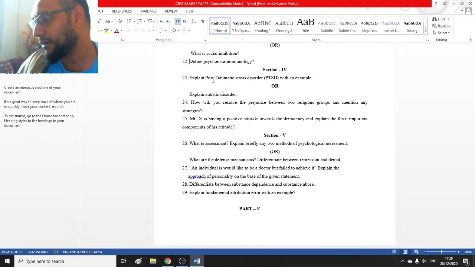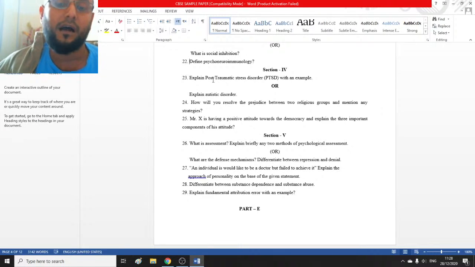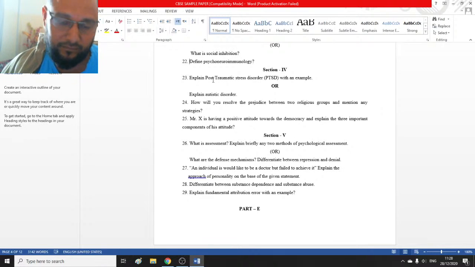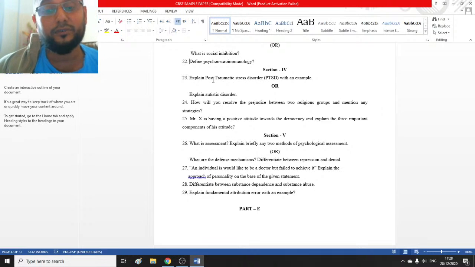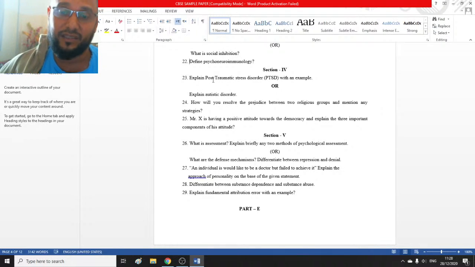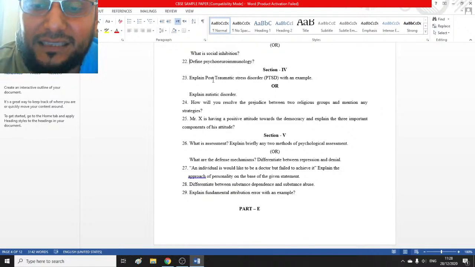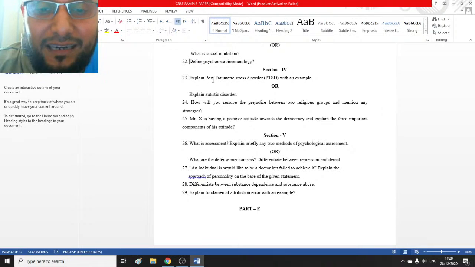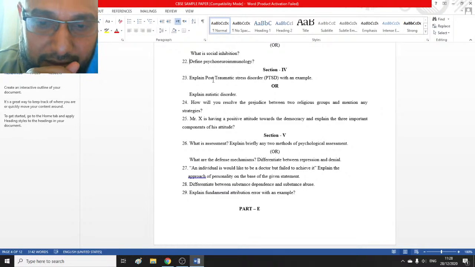Freud's ego defense mechanisms: we have repression, which is forced forgetting; projection, blaming someone for our own mistakes or failures. Like you write the exam and the paper is difficult and you say the teacher is very bad, he did not teach me in a proper way. This is projection. Denial, refusing to accept the truth or the reality. Rationalization, unreasonable things look reasonable to you. Regression, acting backward, like after failing in an exam, a grown-up individual also will cry like a child. These are all the ego defense mechanisms.